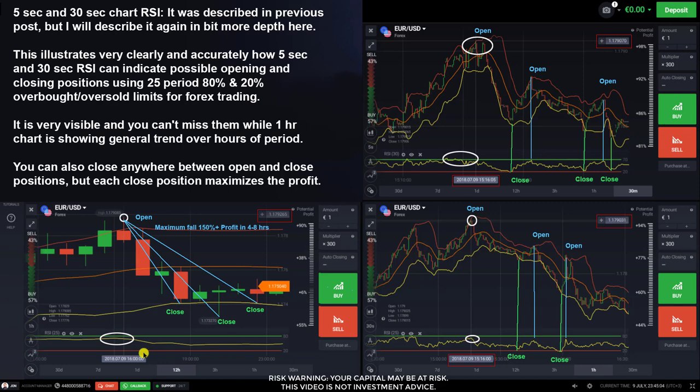It'll be swimming around the top region for quite a long time. Sometimes it's even going to be swimming there for 3-4 hours. In this case, it was swimming around the top region for about 1 hour. But the 1 hour chart cannot tell you where the real peak is. In this case, the highest point,